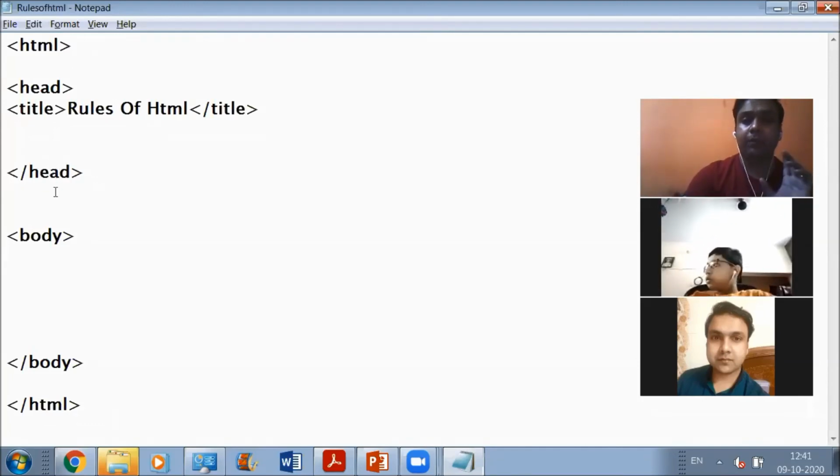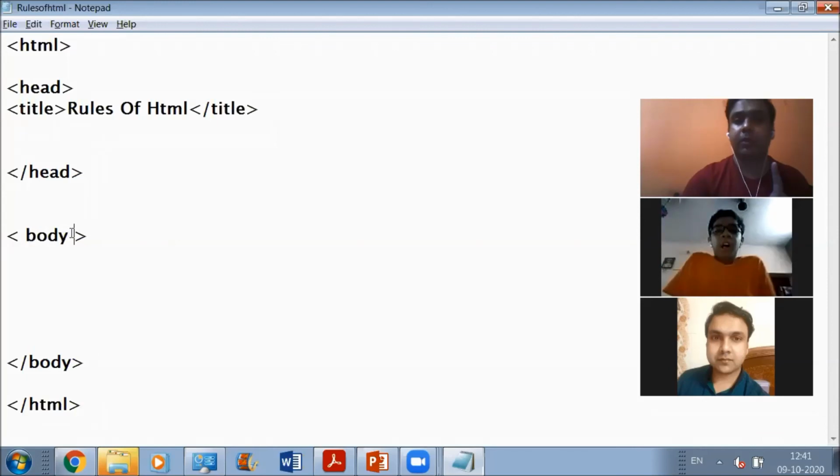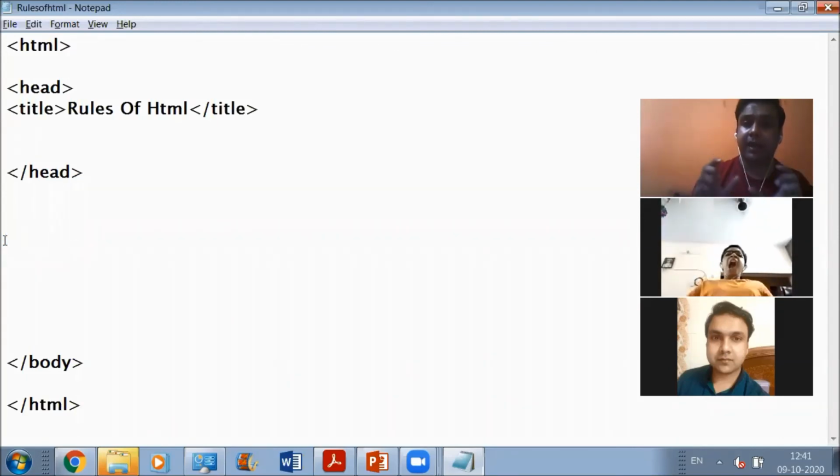Now comes the last and final rule. See, whenever you are using any tag, make sure that there should be no space in between this symbol and the name of the tag, and this symbol and the name of the tag. इनके बीच में कोई स्पेस नहीं होना चाहिए. How do you have to write down the name of the tag?